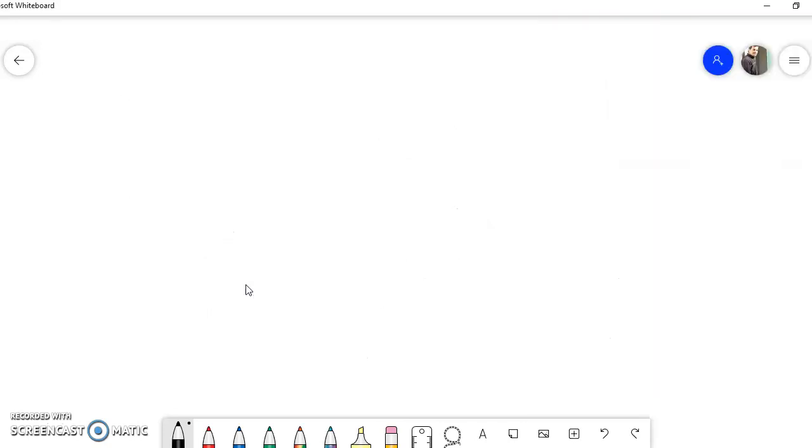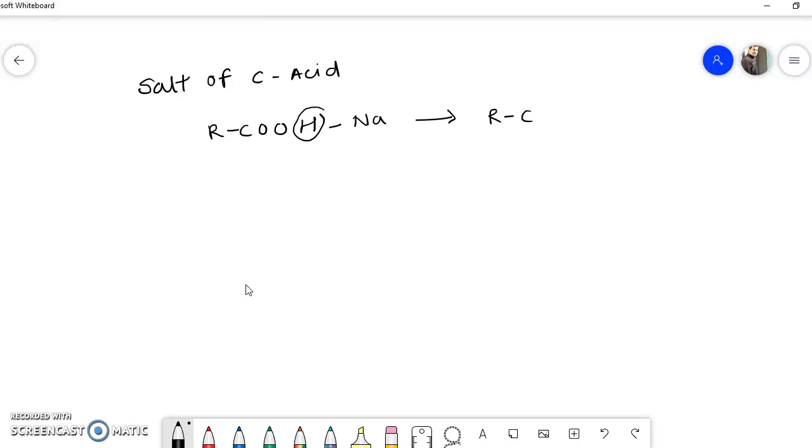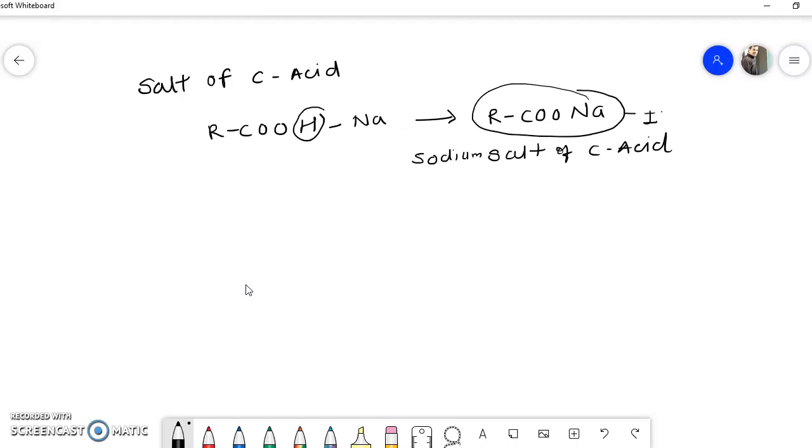Okay, now what is salt of carboxylic acid? If we replace the H of carboxylic acid by some metal, say for example Na, then it will become RCOONa. So this is called as salt. Which salt? Sodium salt of carboxylic acid. So how these salts are named in IUPAC system, that we have to see now. Say for example,